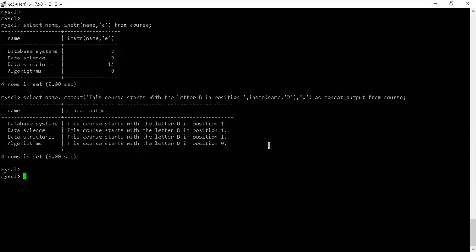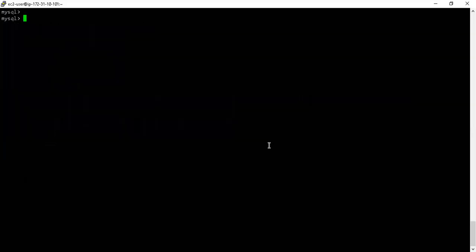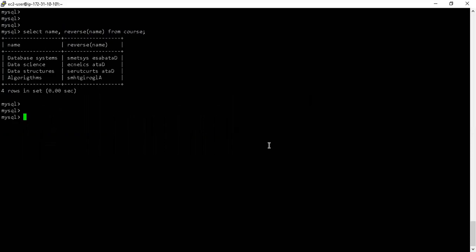Now there is the next function. It's a very interesting kind of function. It takes only one argument. In this case, I'm going to pass the name of the column and I'm going to call it reverse. Why this function helps is specifically in case of textual analysis problems, where I would like to know